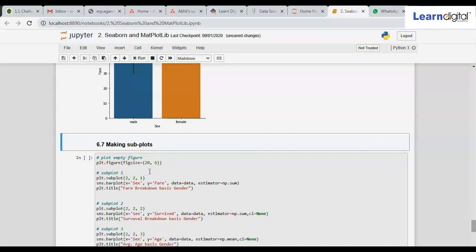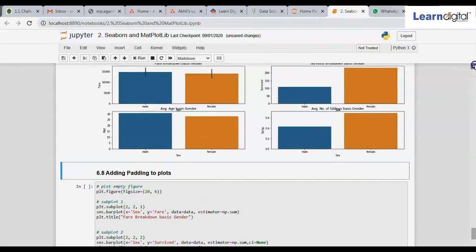The first one will indicate how many graphs are required. The third one, that is this one, will indicate which graph is to be generated first. And the second one will indicate whether graphs need to be horizontal or vertical. So these 3 are the major parameters which you have to remember when you are writing this code. Let me run this code and show you how this works.